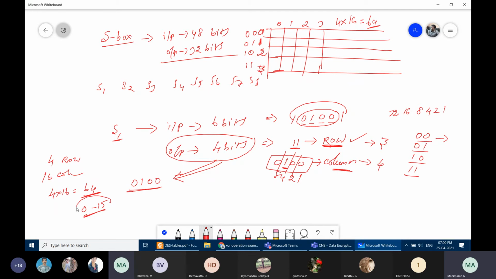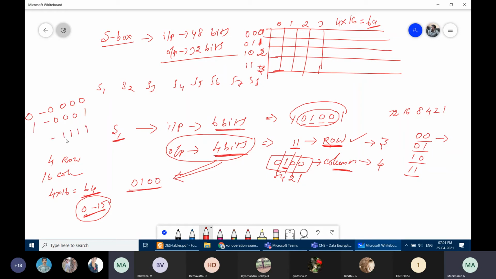Why we are limiting only with 0 to 15 means each S box input size is 6 bits, output size is 4 bits. So using 4 bits, 0, 0, 0, 0, only 4 bits we have. How many possible ways we can write these 4 bits? Only 16 ways. 0, 0, 0, 1 means 1.